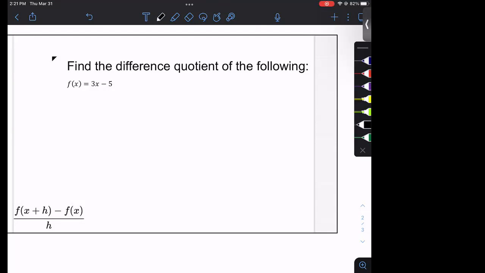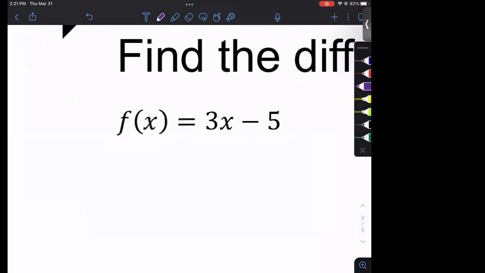So the first thing we need to find is f of x plus h. We're going to go to the function f, and anytime we see an x, we're going to replace it with x plus h. So f of x plus h